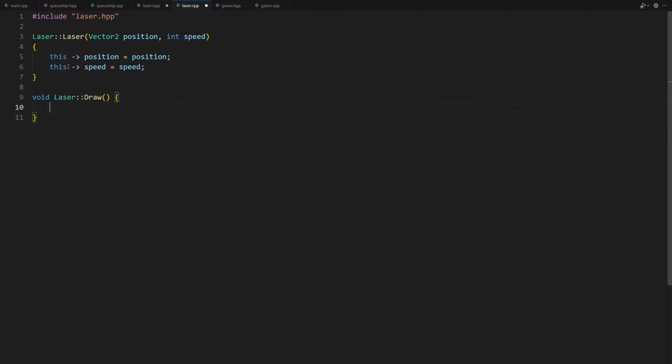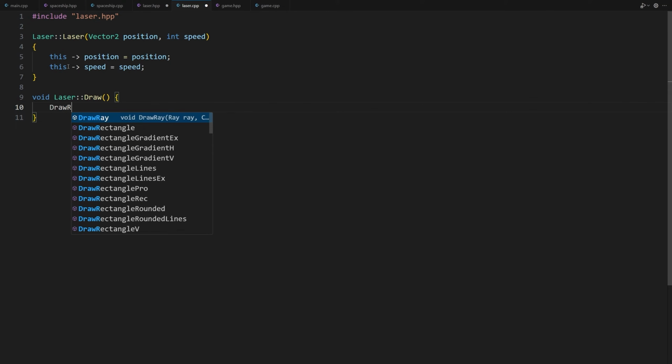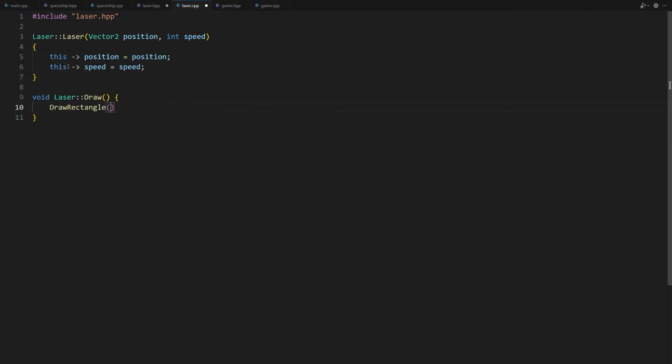We will represent the laser beam as a yellow rectangle, so to draw the laser on the screen, we will use the drawRectangle function of Raylib. The drawRectangle function in Raylib is used to render a filled rectangle on the screen. It takes several arguments to define the position, dimensions, and the color. The first two parameters specify the x and y coordinates of the top left corner of the rectangle, while the next two parameters determine the width and the height of the rectangle.